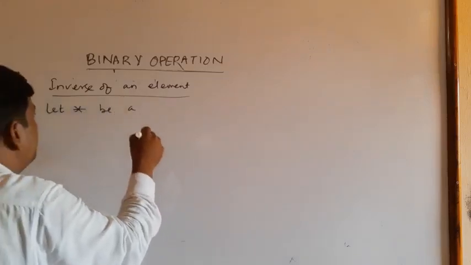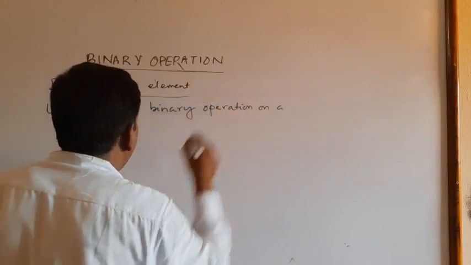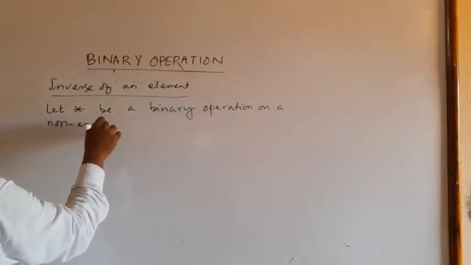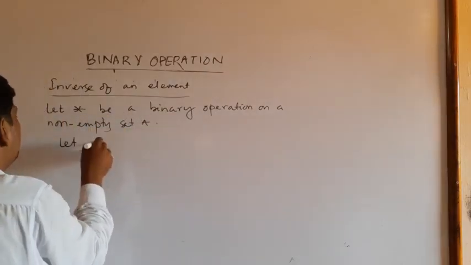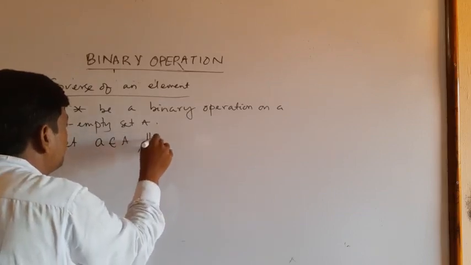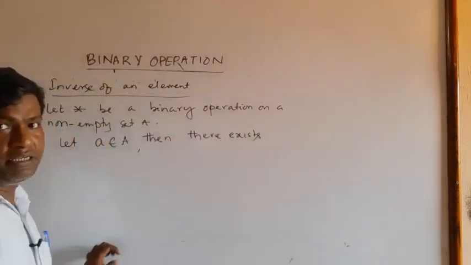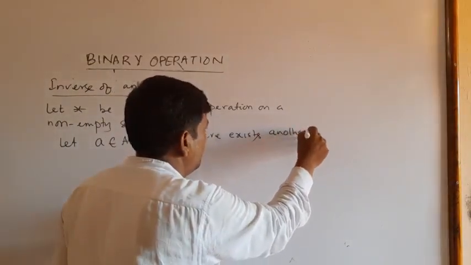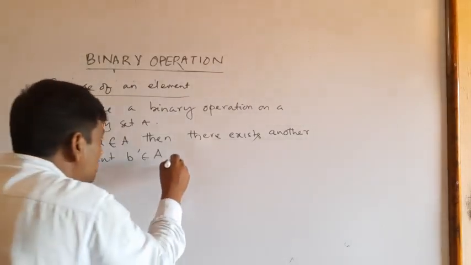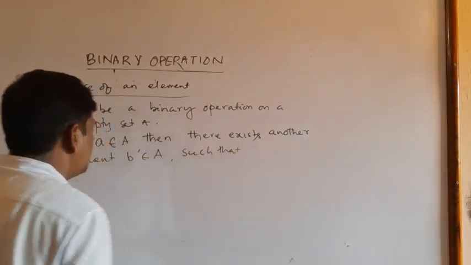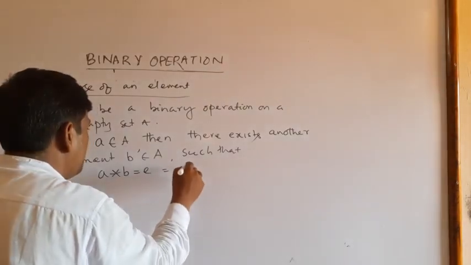Let star be a binary operation on a non-empty set A. Let a belong to A, then there exists another element b belonging to the same set A, such that a star b is equal to e, the identity element, which is equal to b star a,